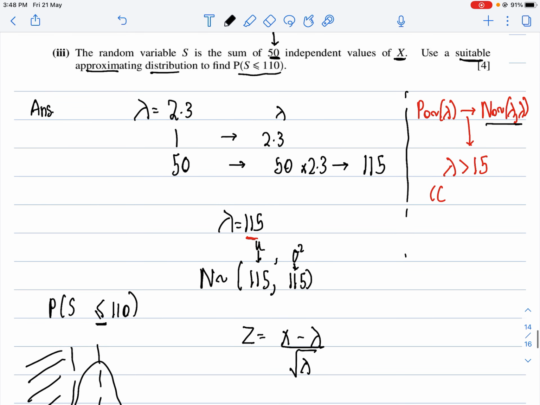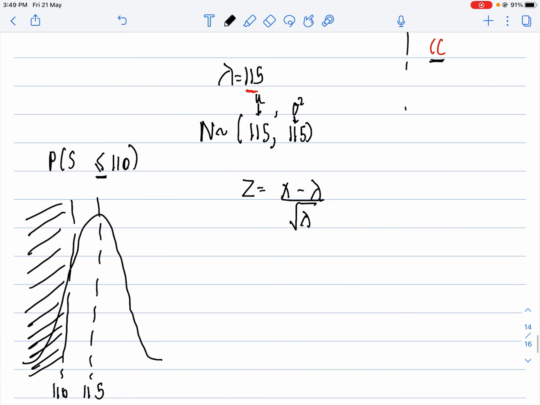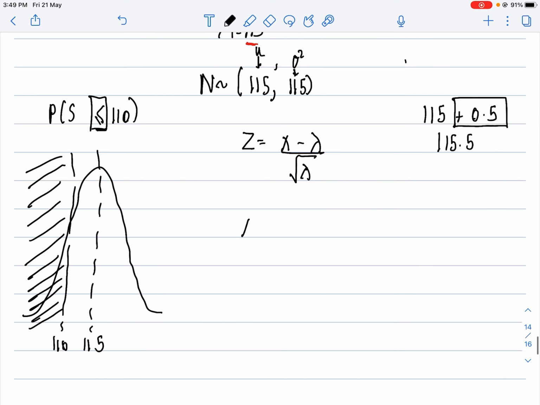I told you that there's a continuity correction here. It basically means, if you might be doing this from AS, if this is less than or equal to, the continuity correction is basically 115 plus 0.5, correct, when you do normal Poisson, correct, Poisson to normal. So that time I get this as 115.5. Okay, this plus 0.5 is called the continuity correction. Okay, so you need to know this, it's a very important thing. So this I get basically as